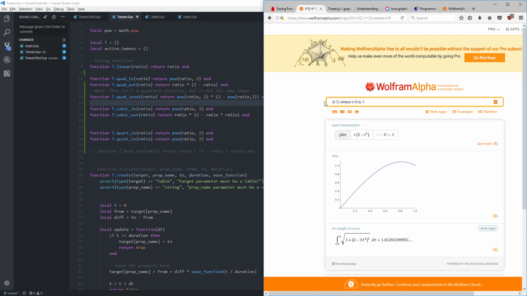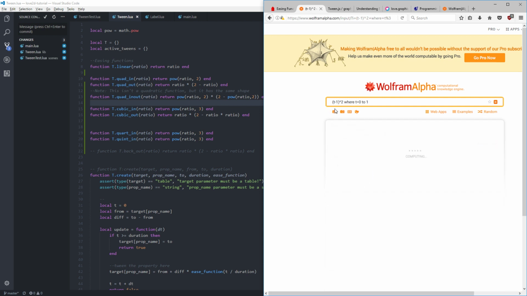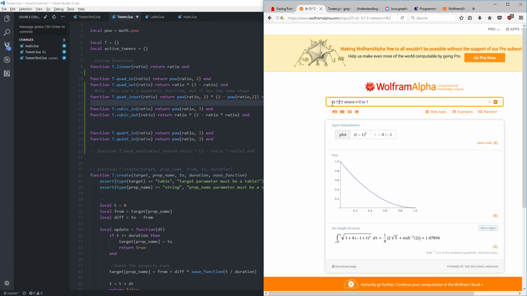So when t is 0, we would be at minus 1. And then if we squared it, t at 0 would be 1. And that would go down, which is not what we want. See, that's the wrong way. So then all we'd have to do would be to subtract it,